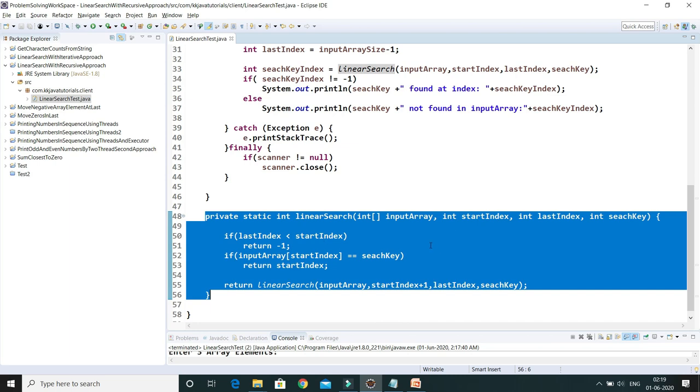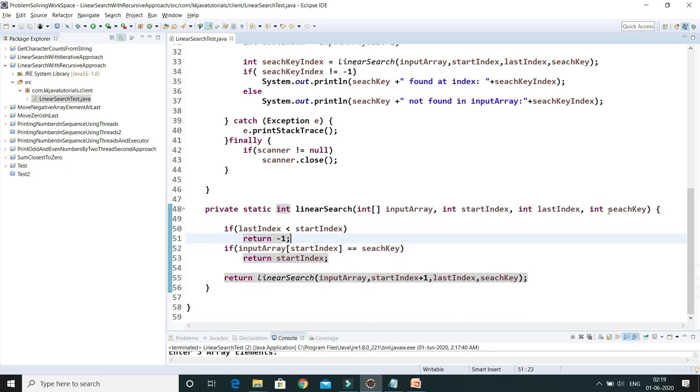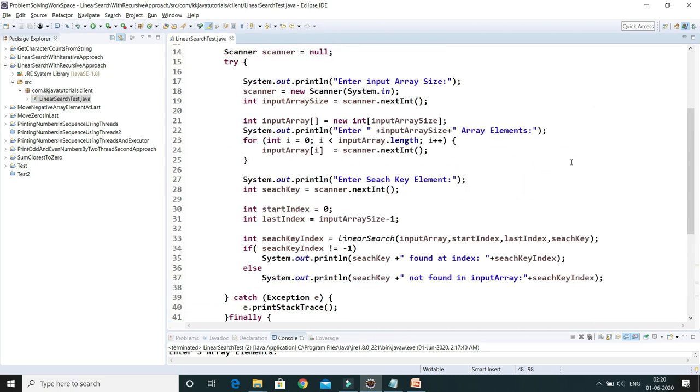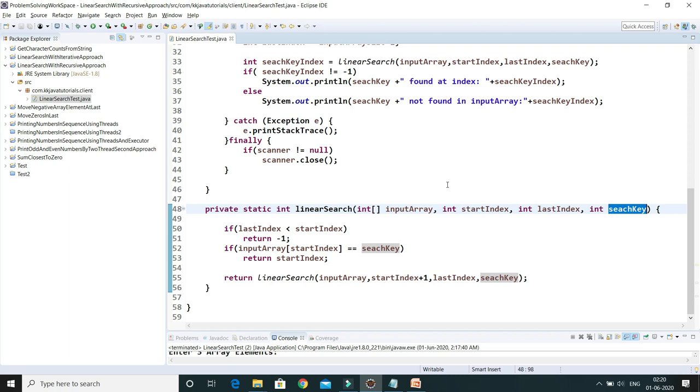So of course the iterative approach would be faster than the recursive approach, right? And in terms of space complexity, the iterative search always takes big O of 1 itself. But if somebody asks you which is the faster approach, whether iterative or recursive, of course iterative would be faster than the recursive approach.